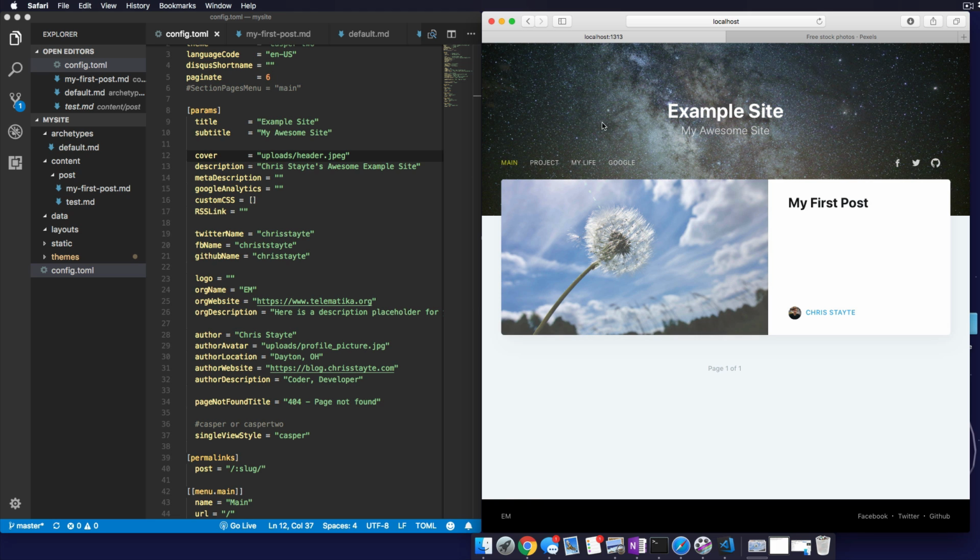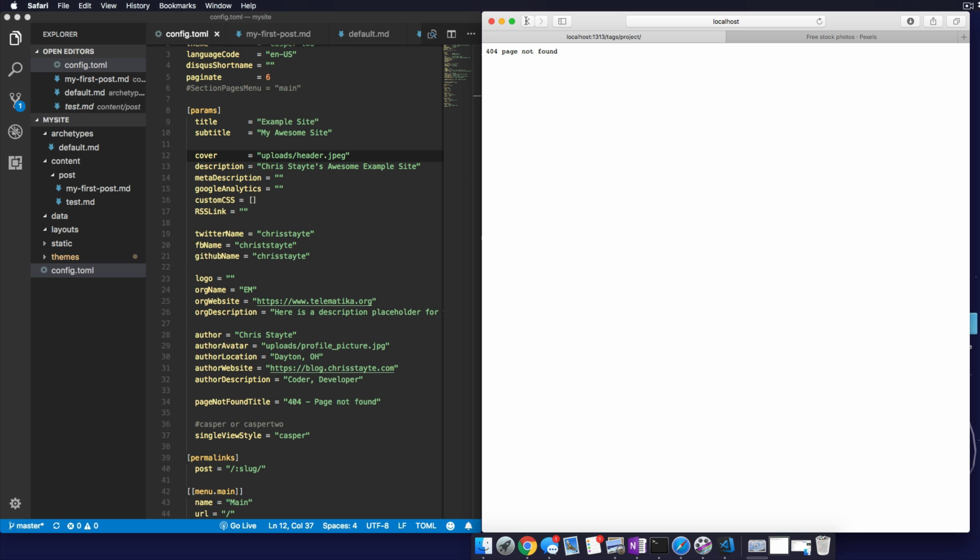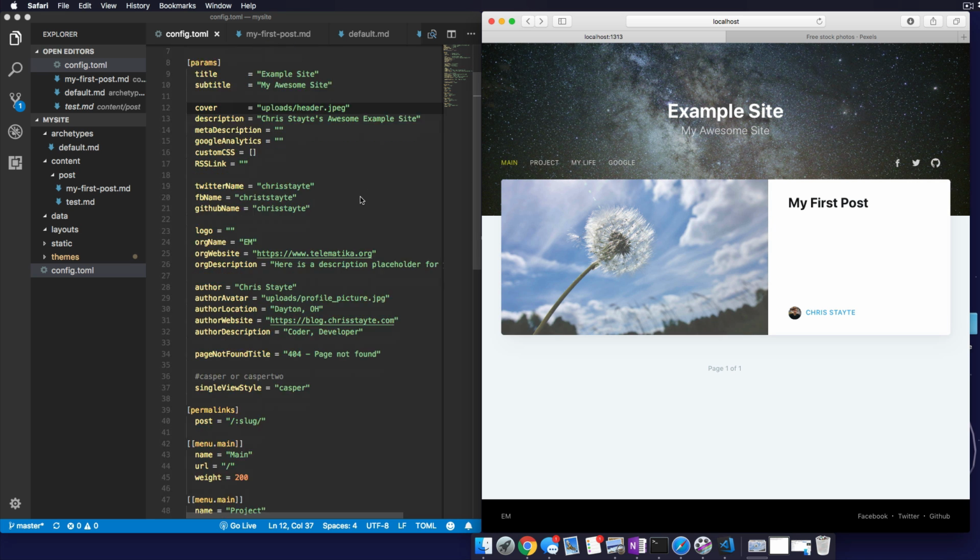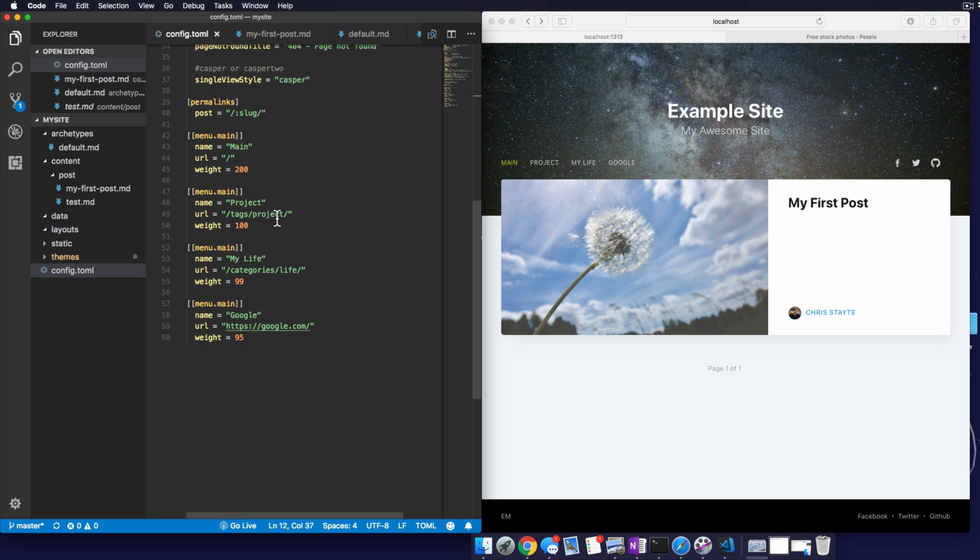But we already changed the header of our website, so it's going to look great. Now, the next thing we want to work on is if you click on these project, my life, and Google obviously loads, but if you click on project, it's going to give us this 404 page error. And the reason is because, if you look at the configuration, we're actually pointing to look for a